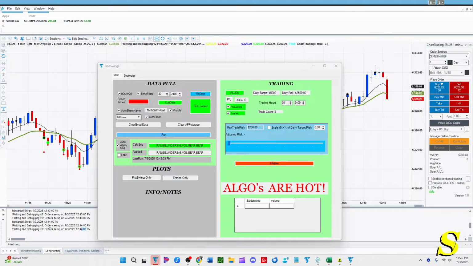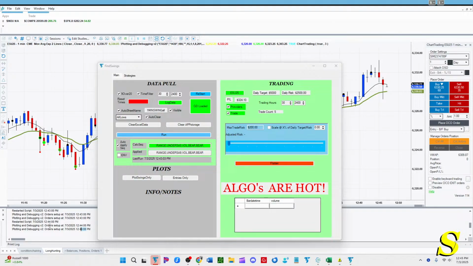And the 12:45 bar captures everything from 12:44 on. I keep having to remember how TradeStation works. And so the 12:45 bar doesn't start and move forward. The 12:45 bar begins